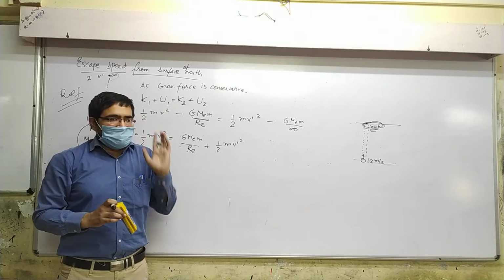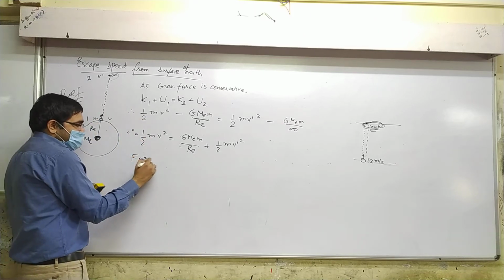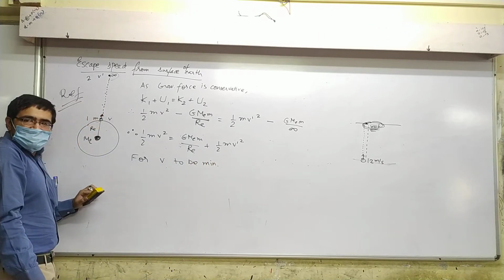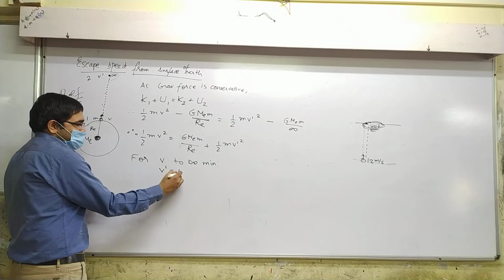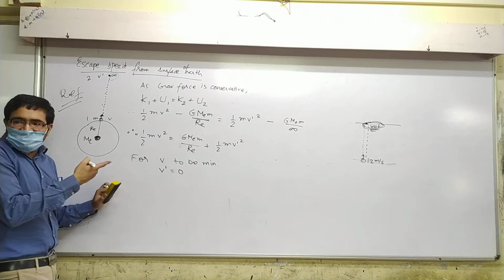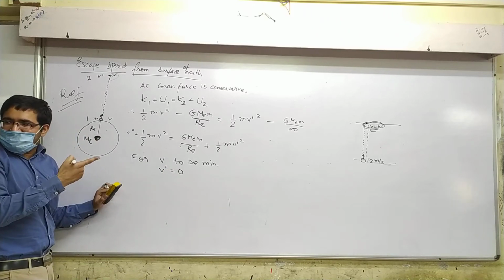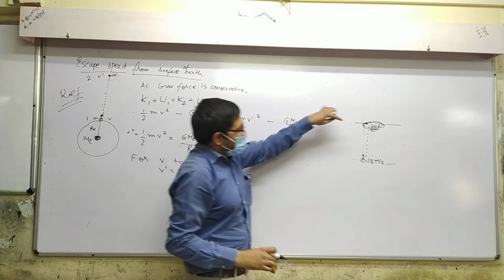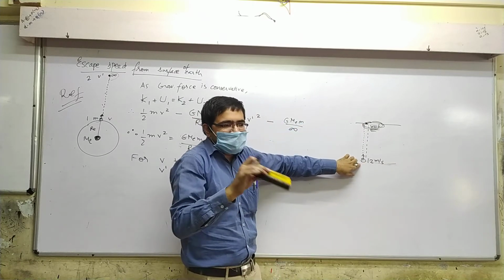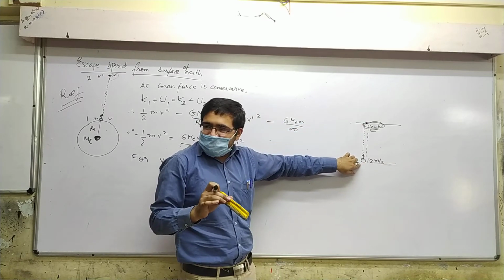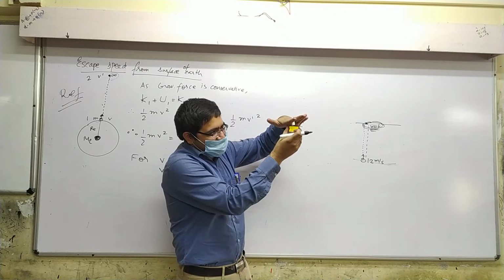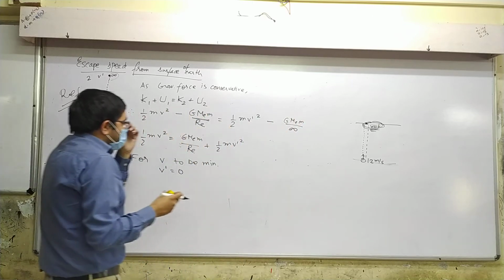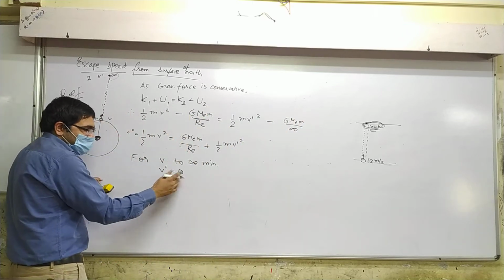Yes. In short, if you want V to be minimum, then V dash should be 0. Is that okay or not okay? Yes. You understood that? At the highest point or at the farthest point, if we want 0 speed here, then this speed, whatever it is, has to be the minimum possible. At any lesser speed, it will not reach. Got it? Yes.